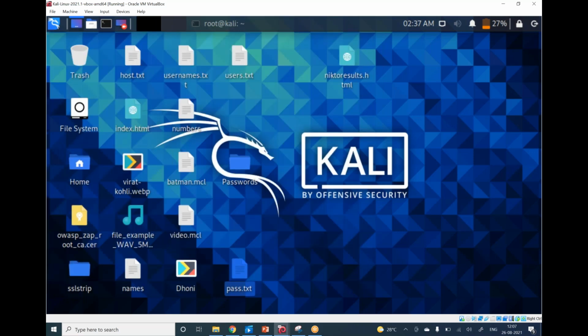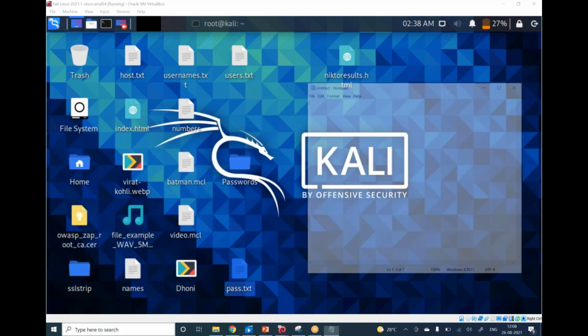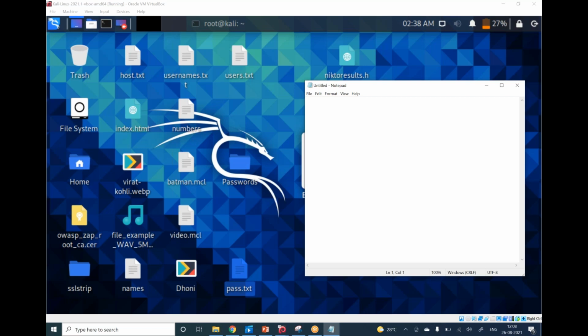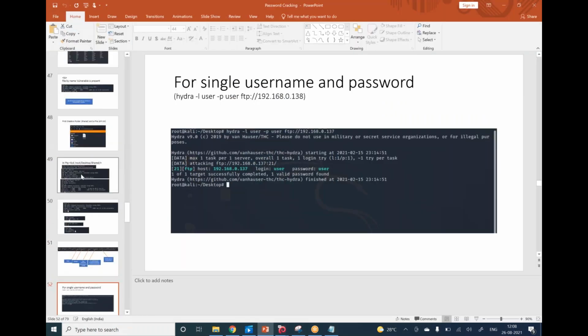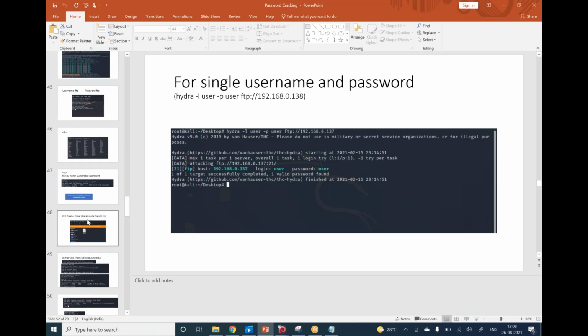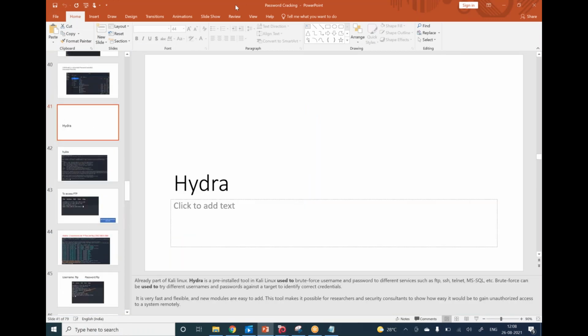Now, how is it beneficial to us? One thing I will tell you: if we do it manually, for example if you want to crack any other site, 3 to 5 attempts is the limit that will be given to you, and after the fifth one your account can get locked. So there's a tool I was talking about, Hydra, which will do it without touching the website, without touching any port. It will try to compare by itself, and that is called Hydra, my friends. So that is what yesterday we were trying to understand: what exactly is this Hydra.